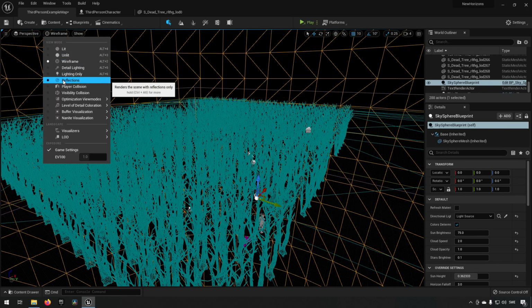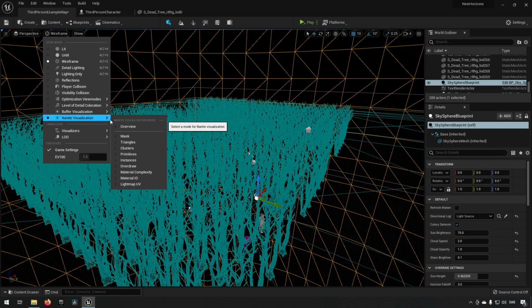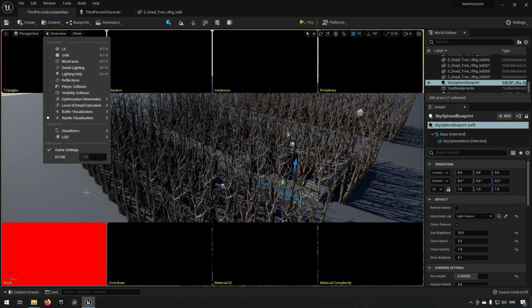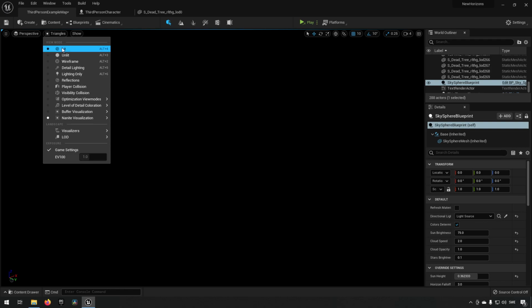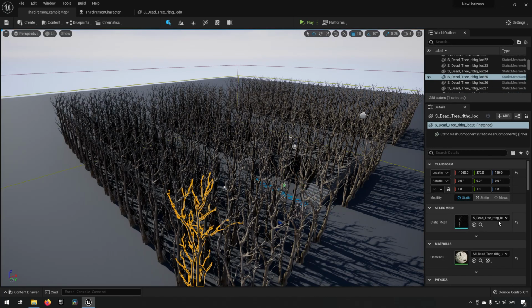If we go back to the Lit, or now that it says Wireframe, portion of the viewport, you have something called Nanite Visualization. And if you go in here and say Overview, you can see some different information when it comes to displaying what your Nanite geometry looks like. Now you notice that all of these are black currently, and we can go to Nanite Visualization and go to Triangles, and you'll see it's completely black. The reason for this is that none of these, it's the same mesh multiplied many times, is using Nanite currently. So if we were to go into this mesh again,